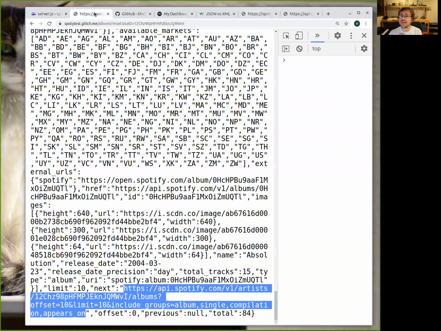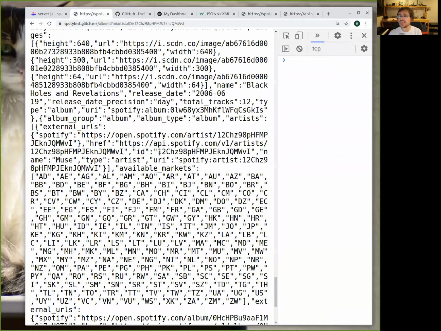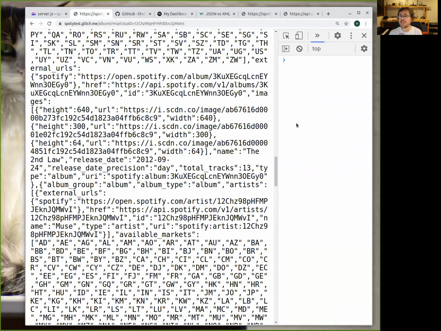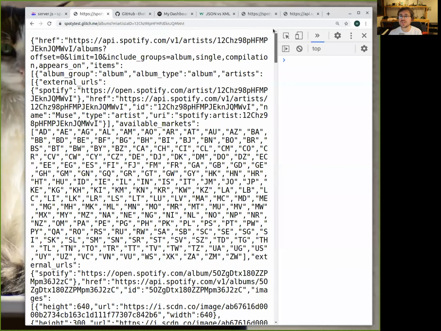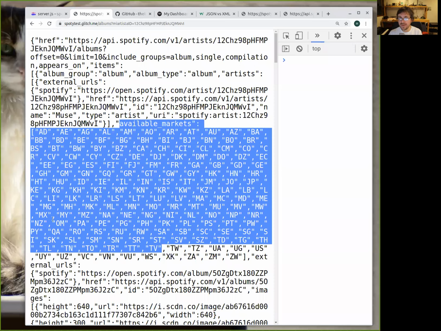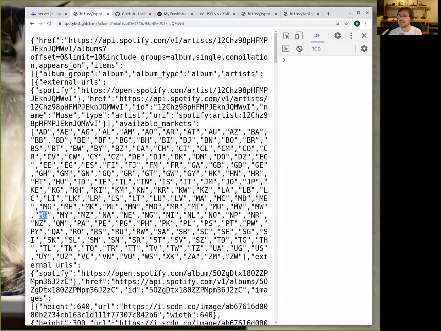And each album has a lot of information. It has the image, probably the amount of songs, what kind of piece it is, and in which countries you can hear it. Do we have access in Mexico? Yes, okay?